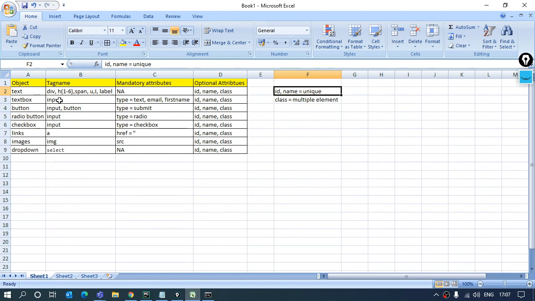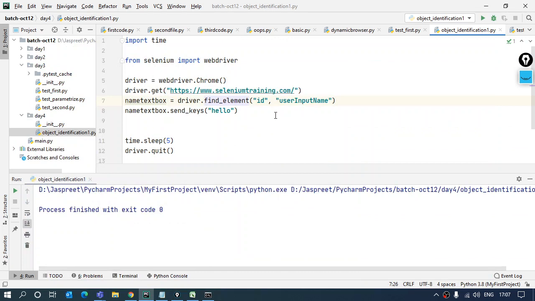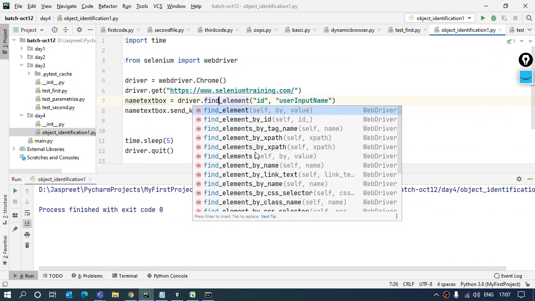If I look for the input tag on the whole page, I may have 20 text boxes or 20 buttons which have the tag input. So they all will be extracted. That I don't want. I want to handle the unique ones right now. We'll come to those multiples as well, but in the coming classes.